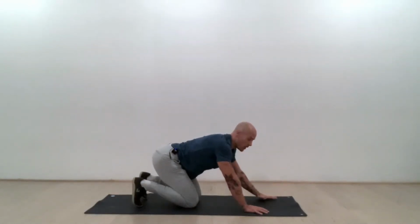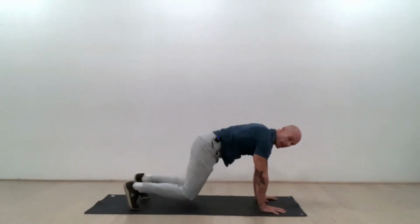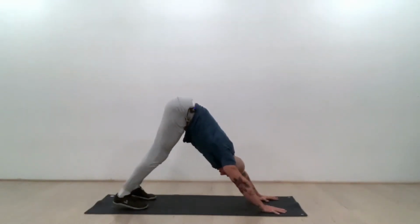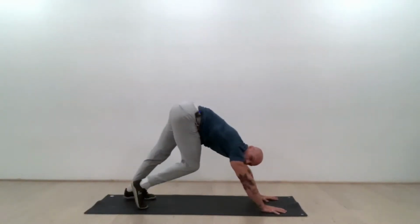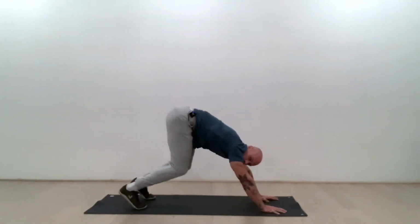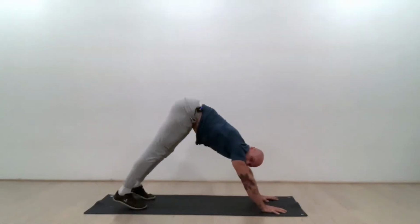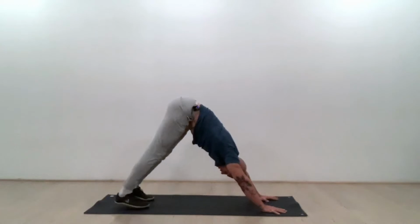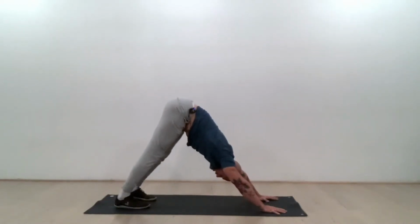Spread your fingers out wide like you're palming a basketball and push your heart towards the back of your thighs and walk your dogs out. Right ankle, left ankle, and when we do a down dog, we want to get our hips as high as we can and then push our chest back, lengthening through the armpits, lengthening through the calves and the hamstrings, and